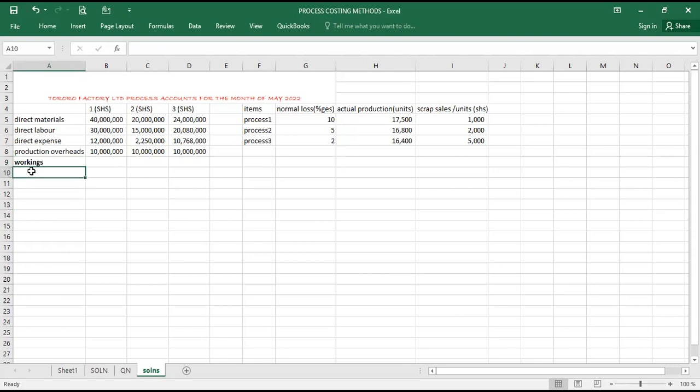In our working number 1, we have to first analyze each process by process, and we see the cost we've incurred, the normal losses, and the good units, to know whether we have abnormal loss or abnormal gain within that process. So the first thing we start with, we first identify